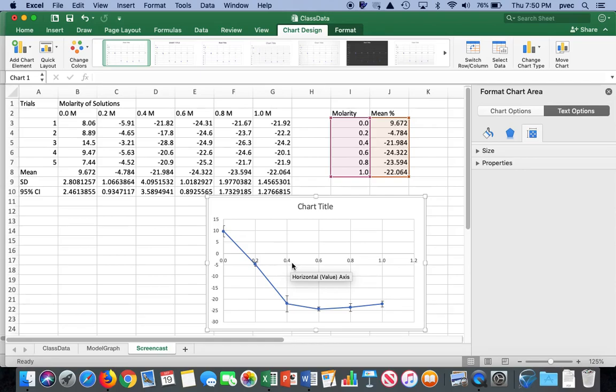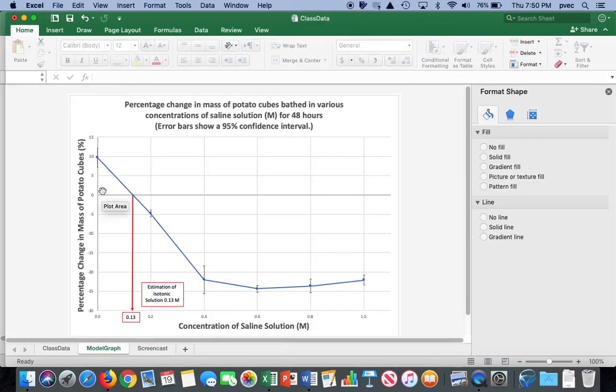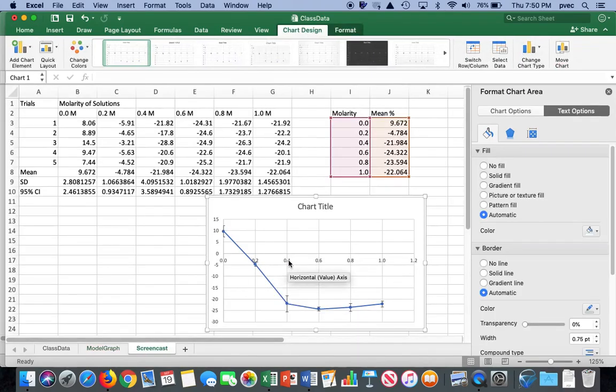So error bars done. Axis numbers low. I don't love the way these numbers are in the middle of the chart. That's the x-axis where y equals 0. I'm going to leave the axis there, but I want these numbers down low, like this. Axis is here, but I want the numbers down low. So if you click on the axis, any of the numbers that are on the axis,